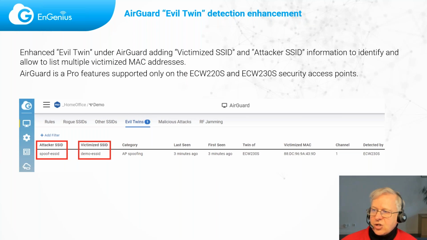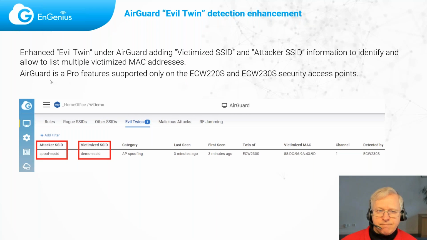So this is the situation where an attacker uses the same MAC address or BSSID as your own AP, and when it detects this, it will tell you which is the ESSID or network name of the AP, and it will tell which ESSID or network name the attacker was using.